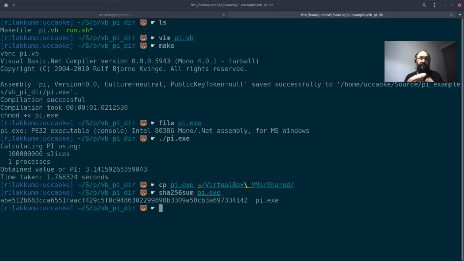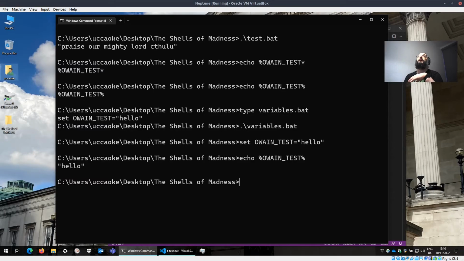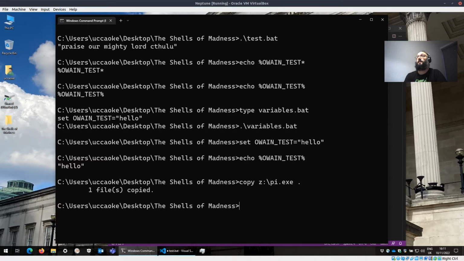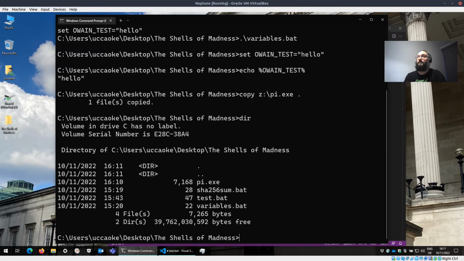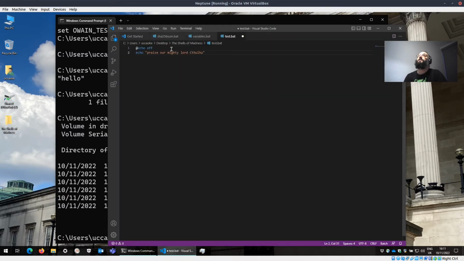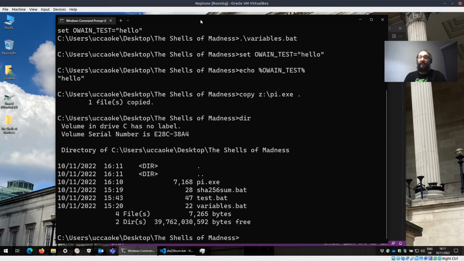If we go over to Windows now, and I drag my mouse over, I open and I can copy that from Z, which is the drive that is shared. Right. It's now in there. I've written a batch file there. So one of the hidden features of Windows is you can use the tool it uses for validating certificates to generate the same type of hash as we just did. So what we can do now is